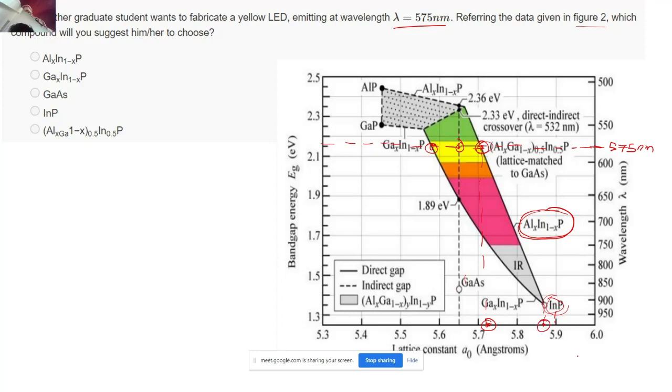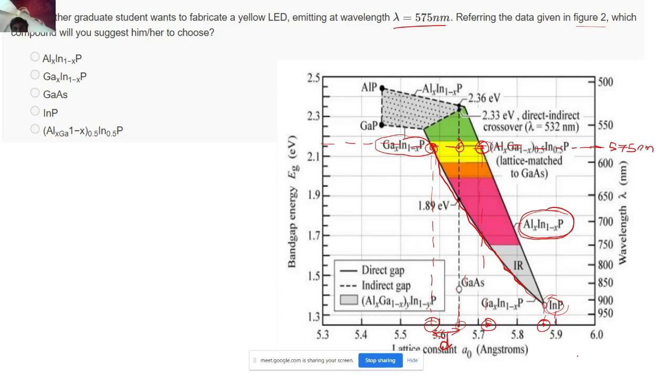Now coming to this point over here, if I go from the indium phosphide, just follow my cursor. I'm drawing the red line. If I go along this path, then I reach this point over here, right? Now this point intersects the 575 nanometer wavelength, so I will project it on the x-axis, right? So I got a lattice constant which is near 5.6, and it is my gallium indium phosphide. Now again, there is some lattice constant mismatch happening. I am denoting the lattice constant mismatch by the distance d over here, right?